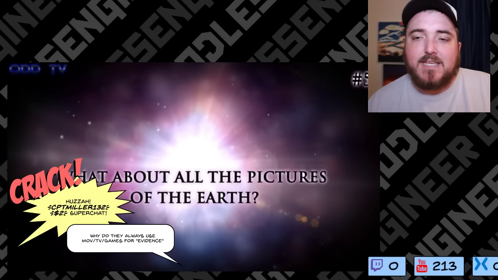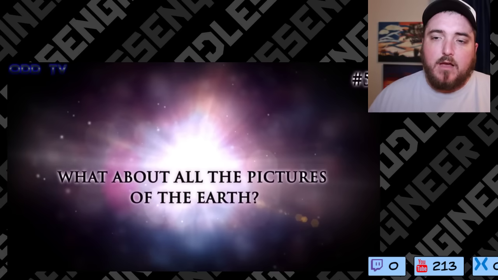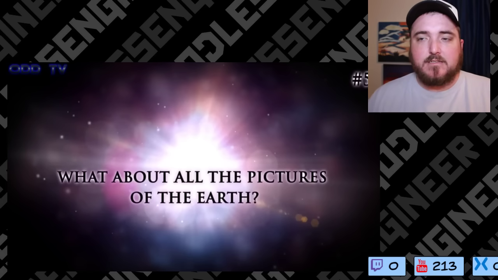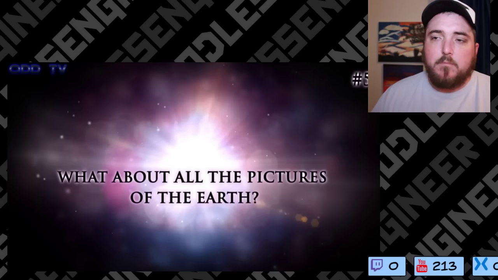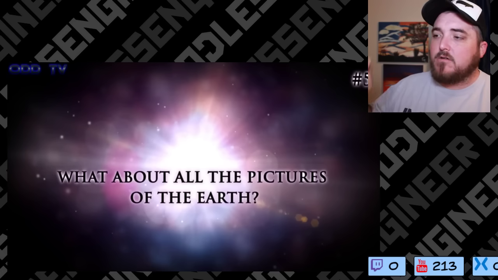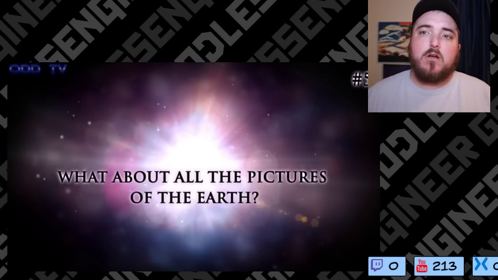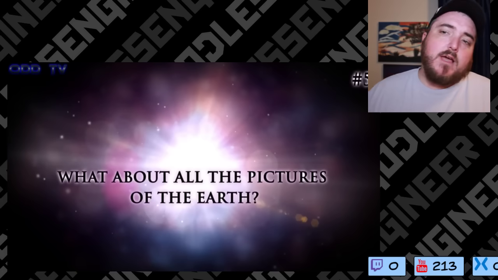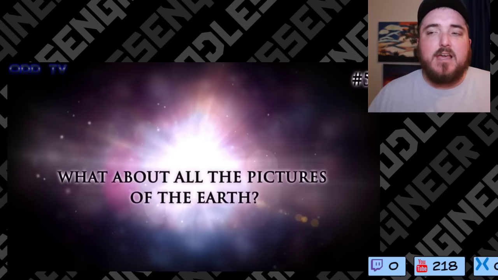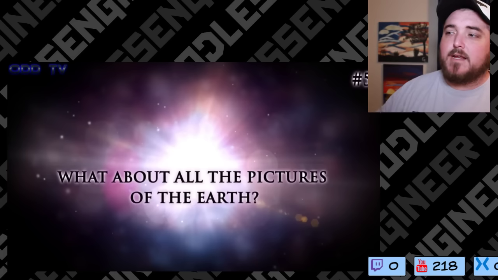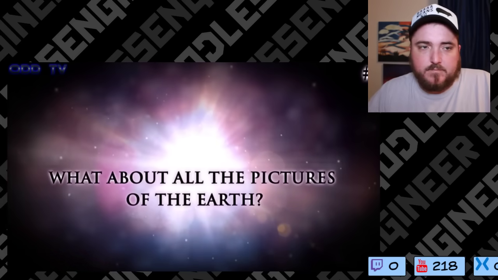And they want to take a lot of things that astronauts and everybody says about this kind of stuff in order to cast doubt on whether or not it's a real picture of the Earth. But what we have now are different satellites and different agencies that have taken full pictures of the Earth and have put them out. So, I mean, he wants to cast doubt on it and say that it's just all CGI, or you can really just recognize what it actually is. And what about all of the pictures of the Earth?